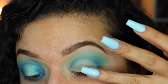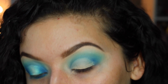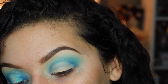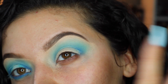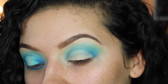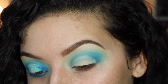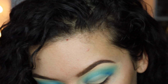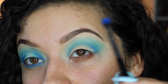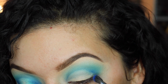Alright, so now that we have that concealer on, it's pretty tacky, and we are going to start layering the eyeshadow on top of it. Sometimes when you are blending in your crease, you have a lot of powder, so when you start to layer darker colors, they really don't show up that well. That's why you want to apply the concealer again, so you can have a tacky base so the shadow can really stick. So we are going back in with the color Chaos again on our small little Morphe M506, and